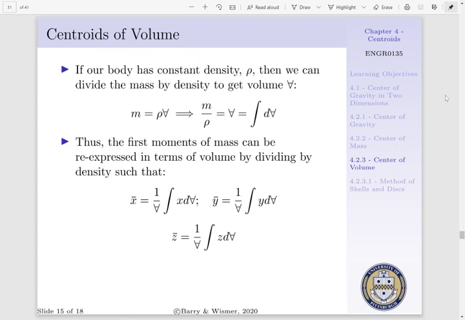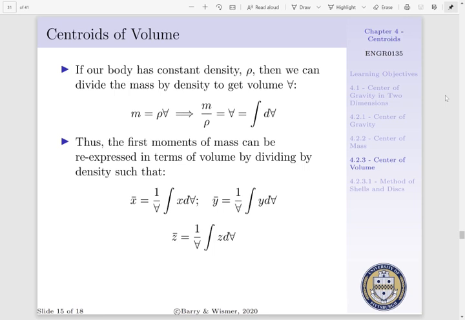Next, we will consider a situation where our body has constant density. Now, if we divide mass by density, we are left with volume, for our mass is equal to our density times our volume. And our volume is equal to the integral with respect to our differential volume. Now, our first moments of mass can then be divided by density such that we can determine our center of